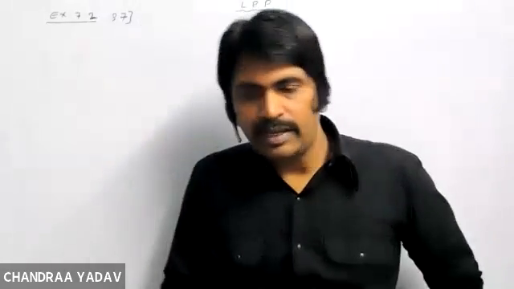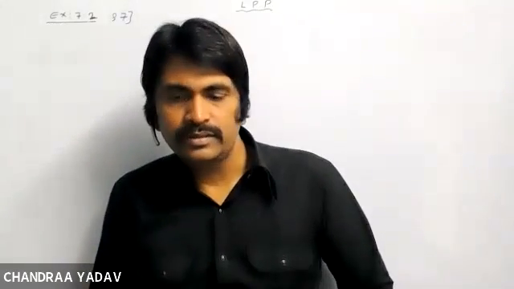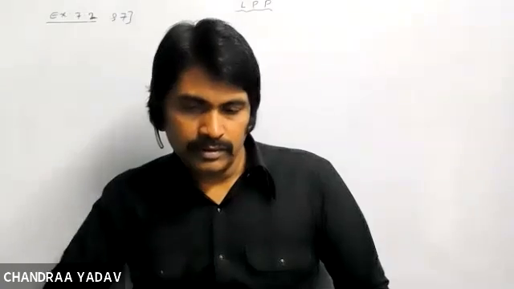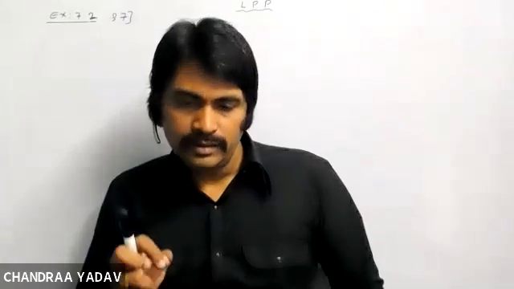So far, if you see questions number 1, 2, 3, 4, 5, 6, we have inequations given. The ready-made inequations are given. So here we just need to draw the graph. But in question number 7, it is a word problem. So we have to find the conditions. It means we have to find the inequation first, and then solve it graphically. So here we have to do a little bit more work. First we'll consider the inequation.